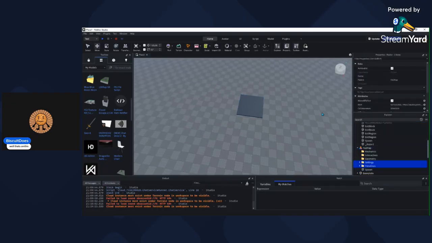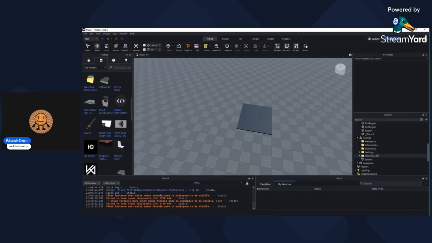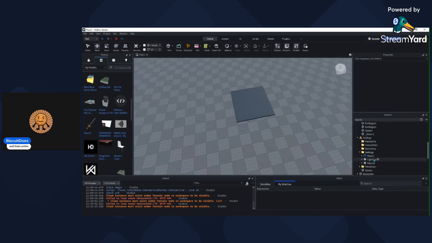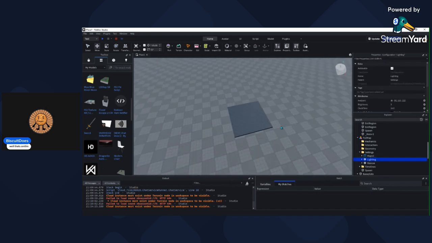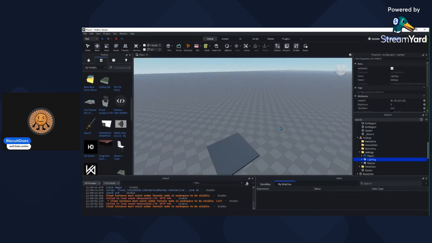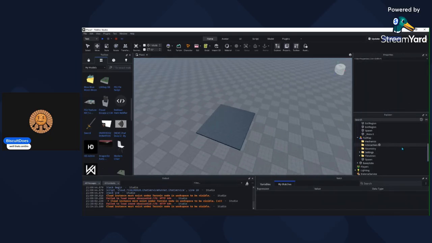So now you just copy and paste the settings and timelines. And the lighting, I kind of know about the lighting, but not really too much. So once I figure it out, I'll make a tutorial on that. But all right,